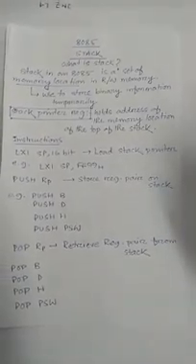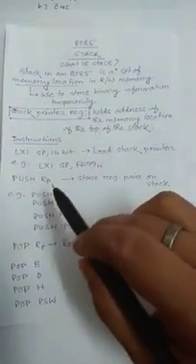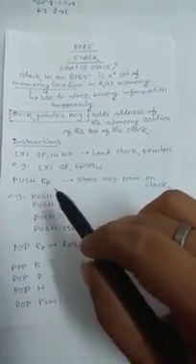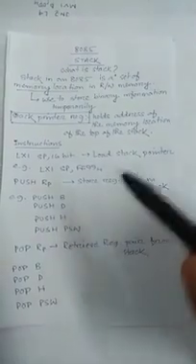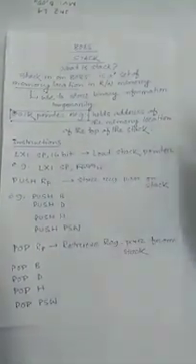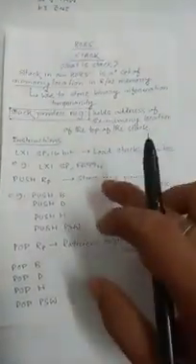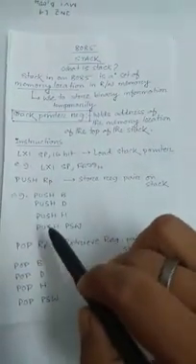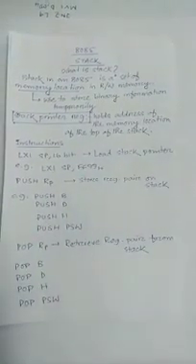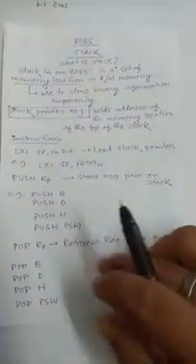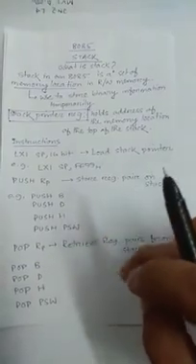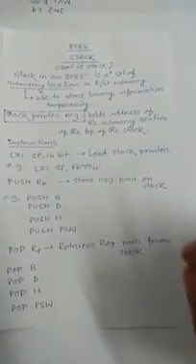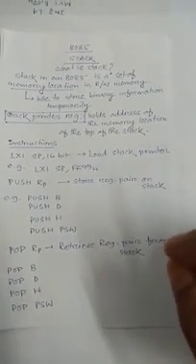Now to insert data into the stack, we have to use PUSH RP. Here RP is the register pair, which is used to store the content of the register pair on the stack. Some examples are PUSH B, PUSH D, PUSH H, and PUSH PSW. PUSH RP is a 1-byte instruction, and it copies the content of the specific register pair on the stack.